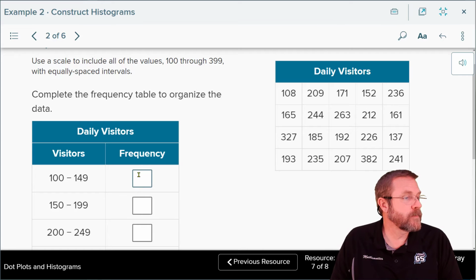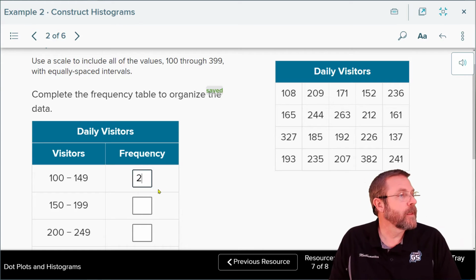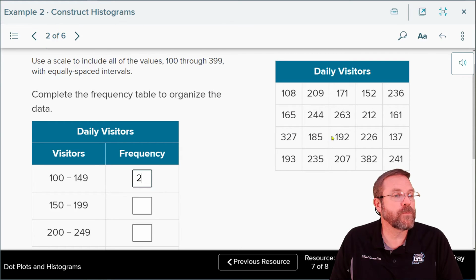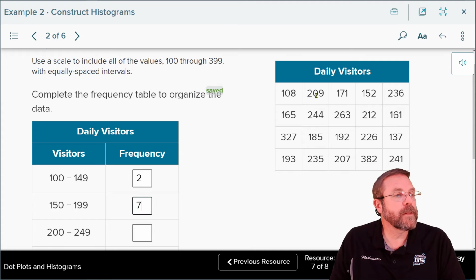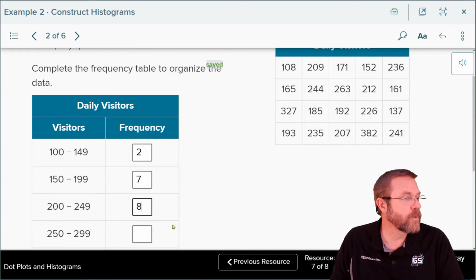2 days that occurred. And then the next one, 150 to 199, that's going to be 1, 2, 3, 4, 5, 6, 7 days that occurred. 200 to 249, that's going to be 1, 2, 3, 4, 5, 6, 7, 8. That's, I think, going to be our mode, the one that occurs the most often. 250 to 299, that's going to end up being